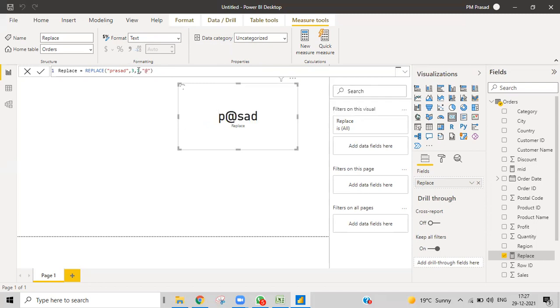Here, for the first A, it is going to replace with that, but I want to replace the second A, which is the fifth character.